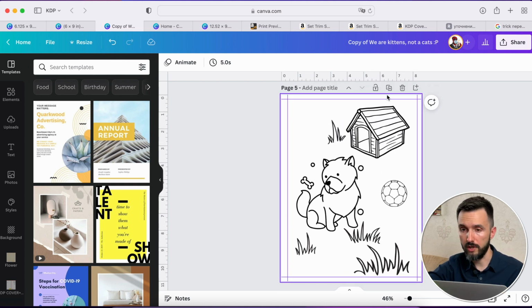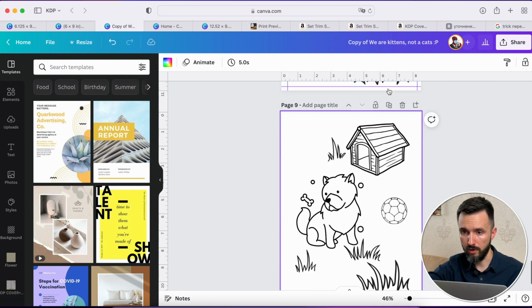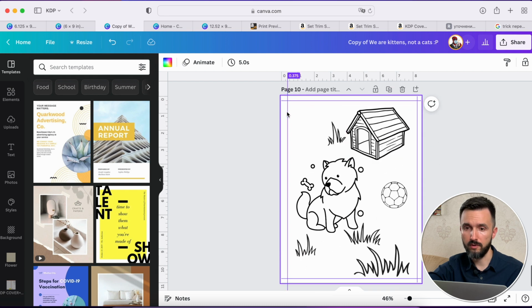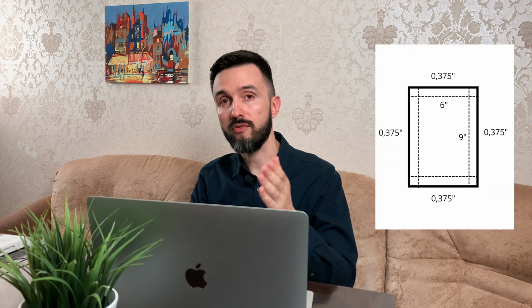So when you create a new page, the dimensions are still in place, and they are on every page we create. If you want to create average margins that don't depend on the left or right side, then just add 0.375 from all the edges.